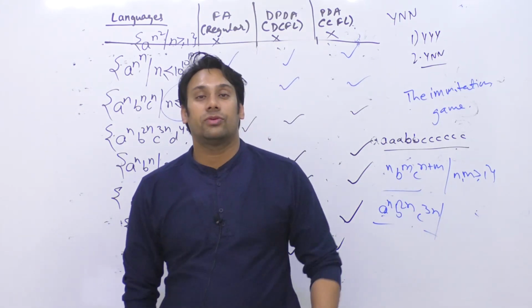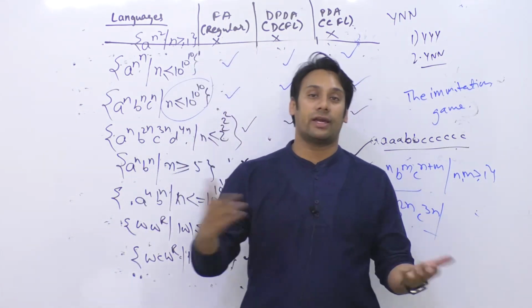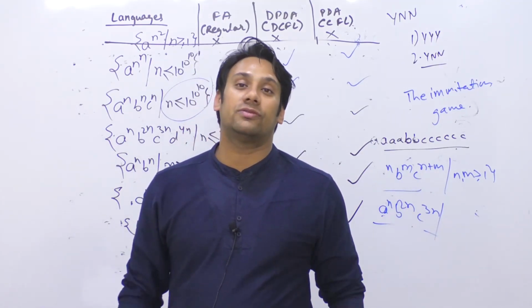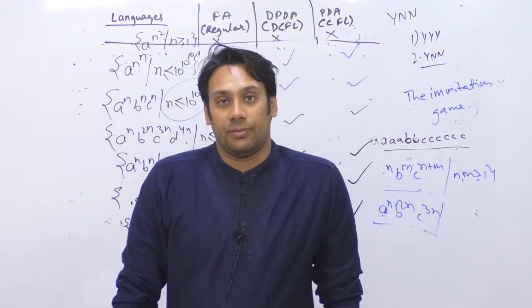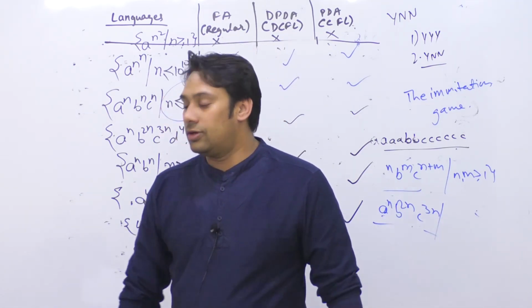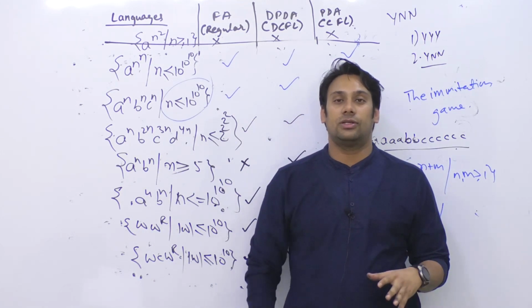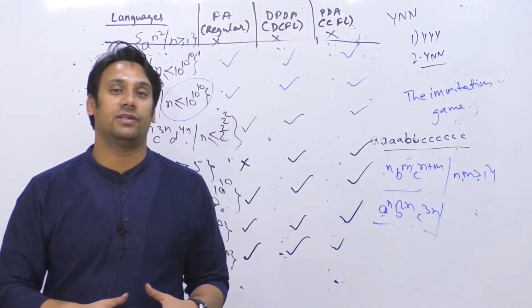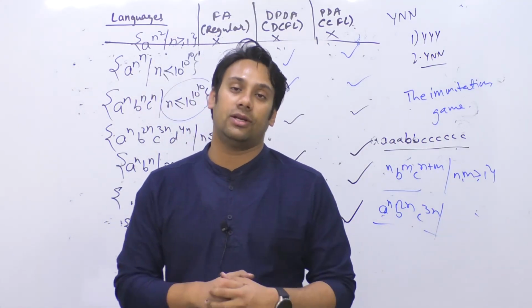Okay. Now again, we will take more examples when we study the Turing machine. After studying Turing machine, I'll introduce you to more languages. There are new kinds of languages, a lot of languages where you cannot make a PDA or NPDA. But for those languages, you can make a Turing machine. So now you got some concepts related to pushdown automata. You know what is PDA and what is NPDA. You understood a lot of things here today.